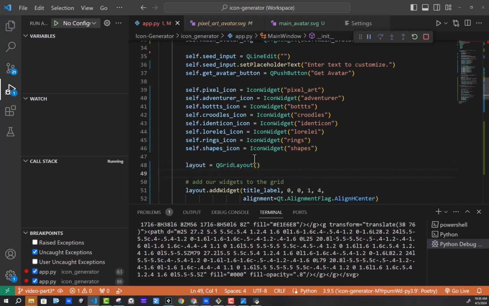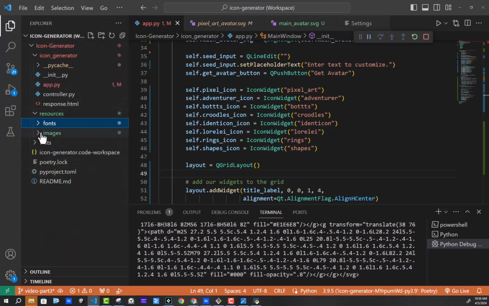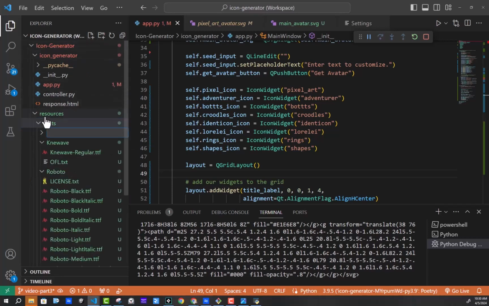Okay, all right, so what we're going to do is add it as a style sheet in our resources path. So we have our fonts, we have our images. We're going to add directly in resources our style sheet. You could have one called styles if you wanted. Let's go ahead and follow that format. Oops, wrong folder. I want to click here, new folder,